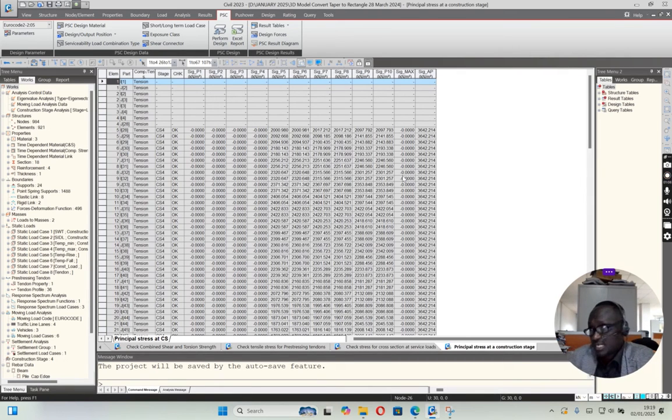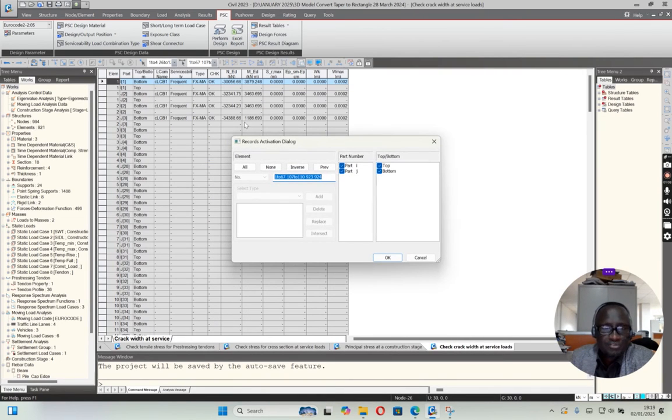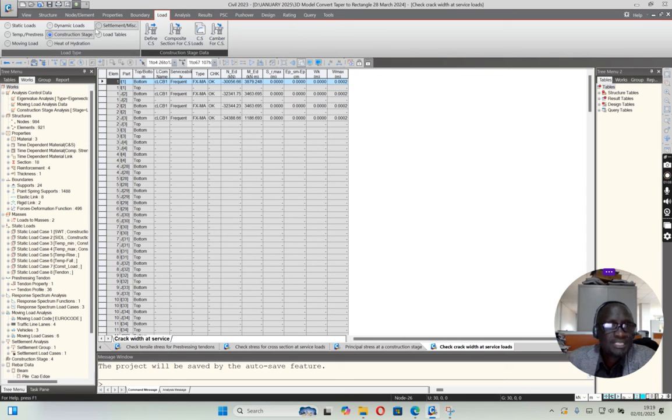Or you may find that the layout is not right. You need to adjust, or the section needs to be improved all through. So crack width is also checked here. You make sure all these are passing. So this is now where you can just keep adjusting so quickly. That's what normally happens. But the most important thing is,